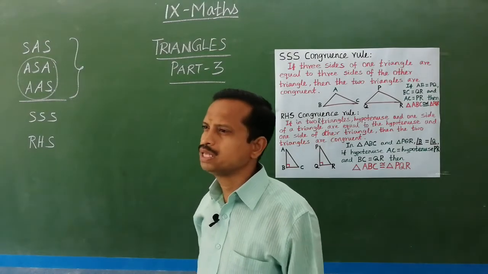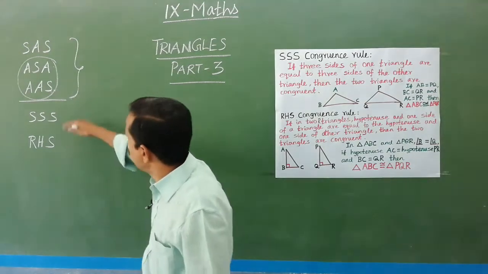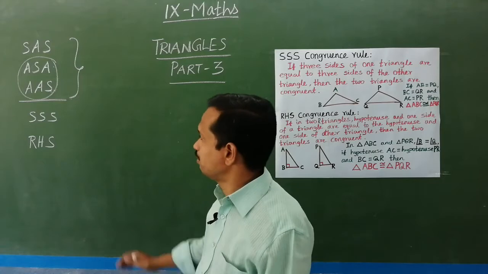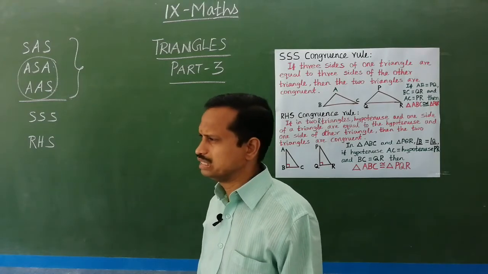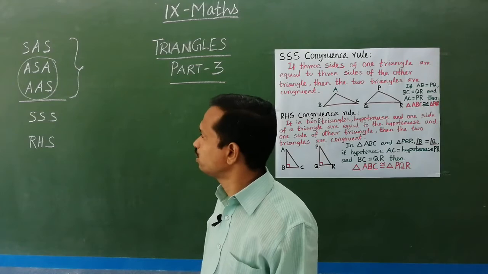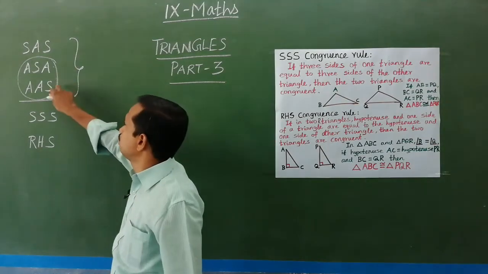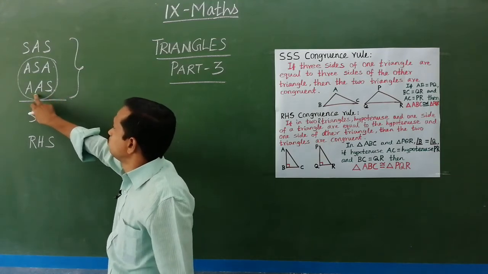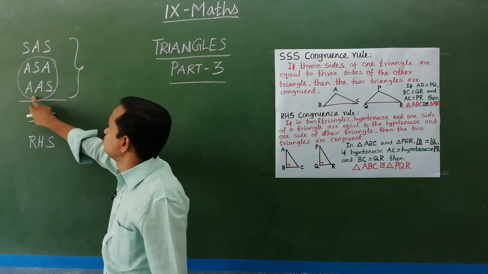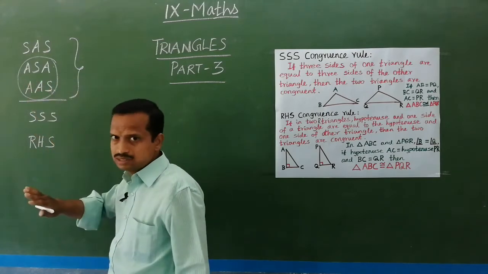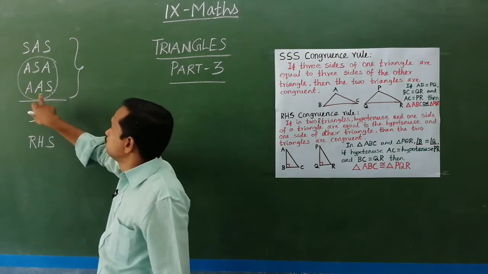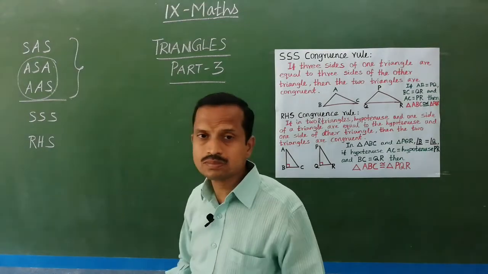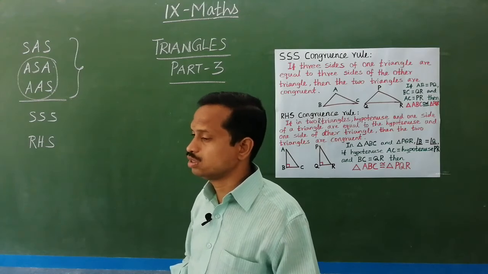To prove a sum, we have to apply all these rules, wherever needed. So you should remember all these. These are the 5 congruence rules, and these two are not alike, but if you see the name of the letters, A, S, two angle one side, here also two angle one side, but this is the included side, this is any one pair of side. So totally these are the congruence rules given here in your book.